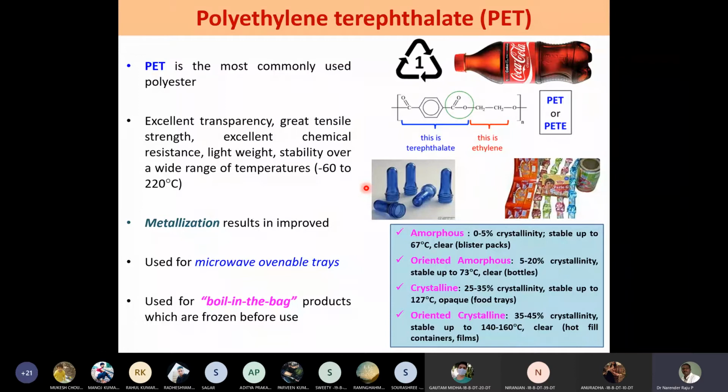From an extruder, when a PET material is extruded, it is extruded in the form of this thick material with the neck of the bottle finished, complete in all aspects, so that it can just fit with the cap. Whereas the bottom portion is open, in the sense it is free, which can be converted into several designs.